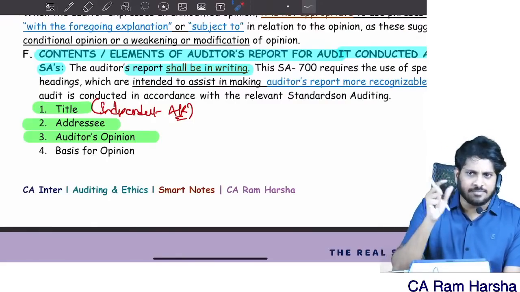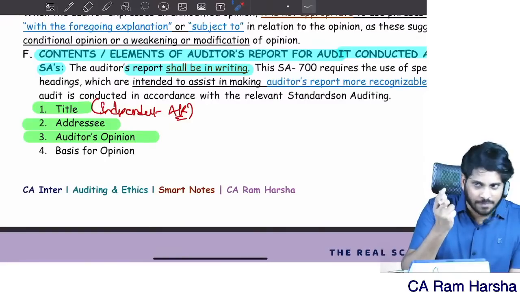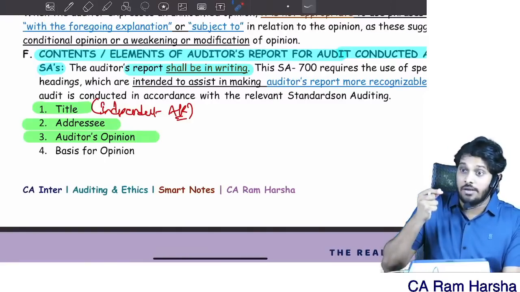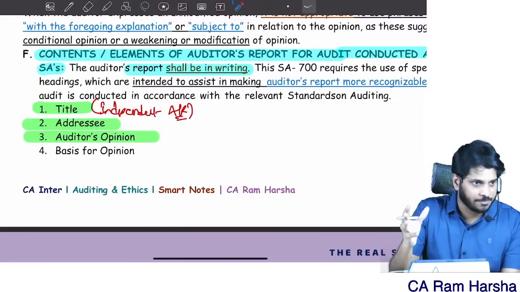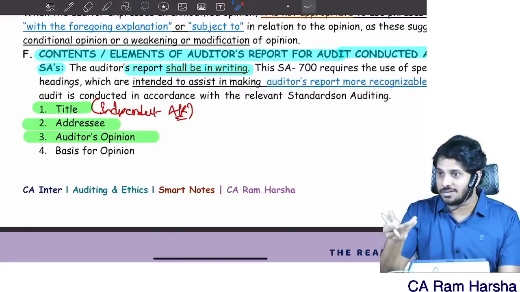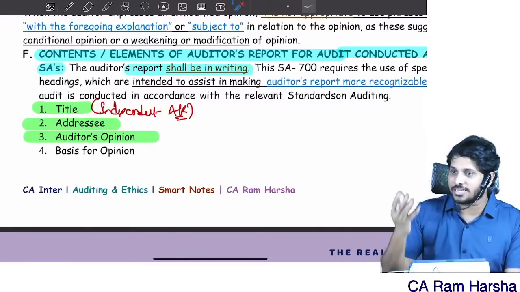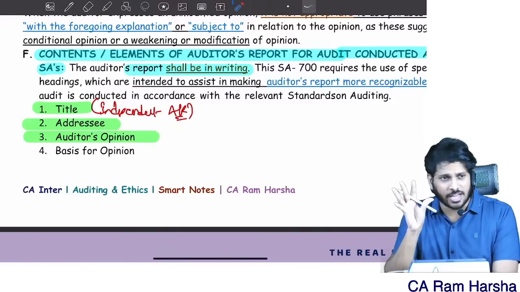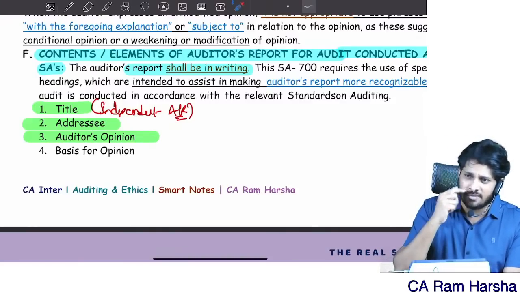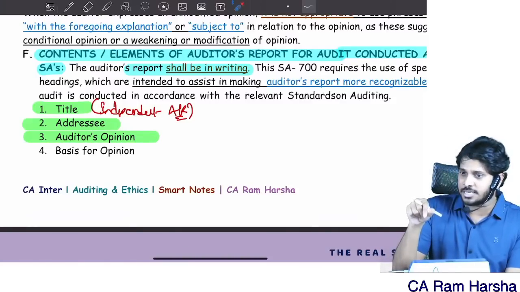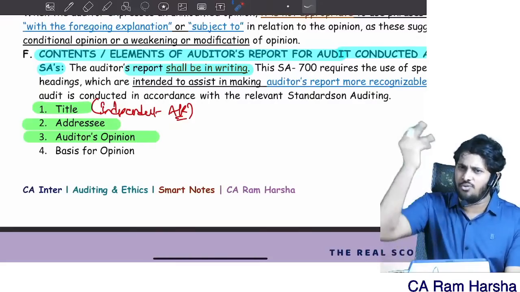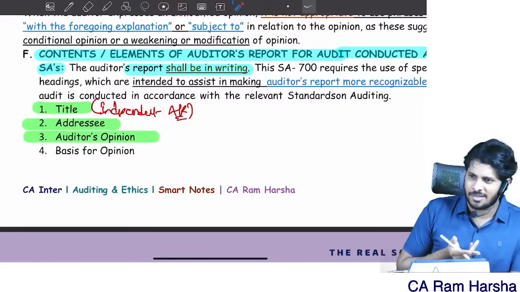Materiality and pervasiveness are relative terms. For a conservative investor, a qualified opinion is also a very big deal. For a very aggressive investor, with an aggressive mindset, he just reads the audit report: adverse opinion, auditor gave. What is the reason he gave? He will see the basis for adverse opinion section. For these reasons, adverse, consolidation, subsidiary not consolidated. Okay, how does it affect my decision making?